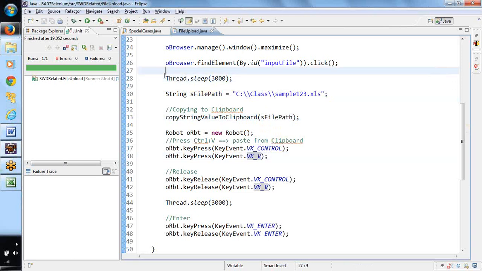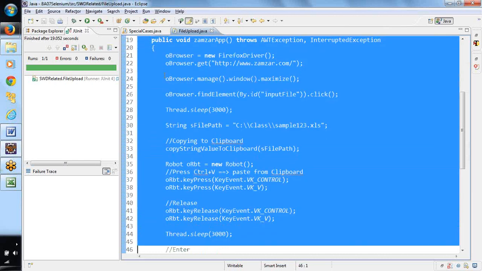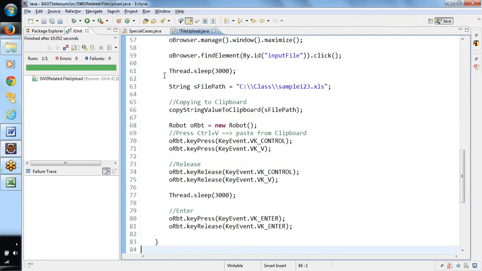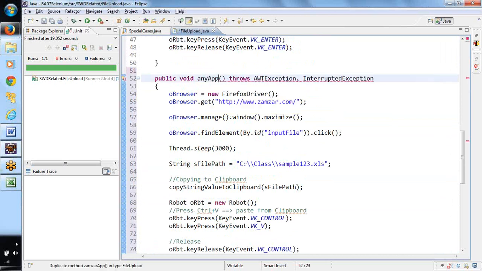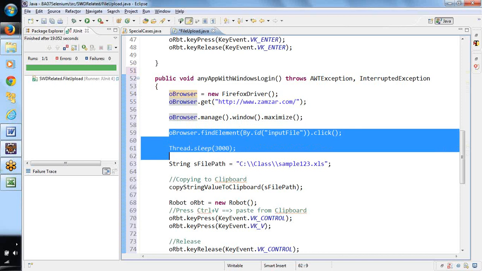Now say for example, if you have a Windows authentication screen, let me take the same example. If you have any application in which you might have Windows authentication, say any app with Windows login. Say you have opened some browser, and you open some URL. Once you open a URL, you might get a Windows authentication screen, without clicking anything.